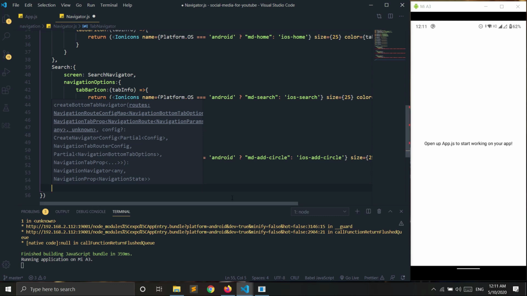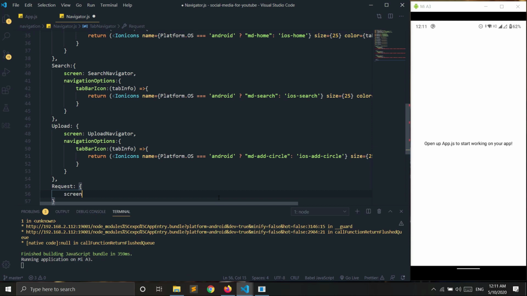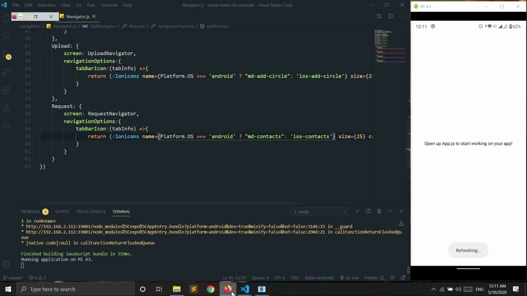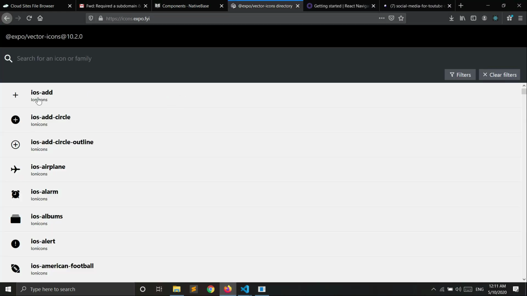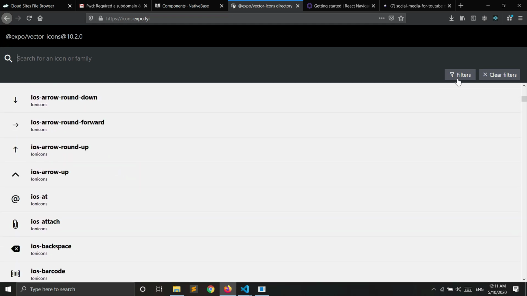And the next will be the request screen. Copy paste. Screen will be the request navigator, and the icon will be contacts. For the icons, you can head over to this website, where you will find all the icons given by Ionicons.